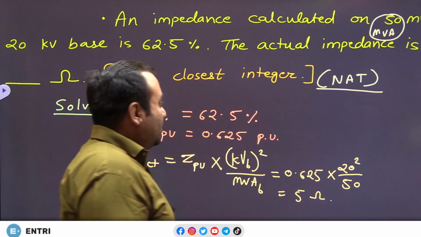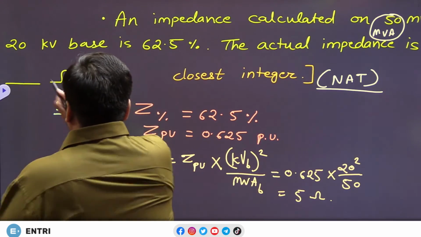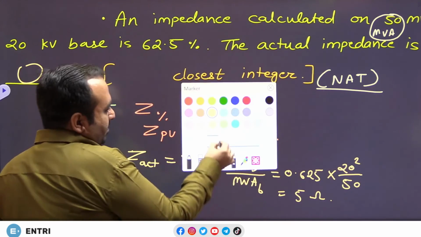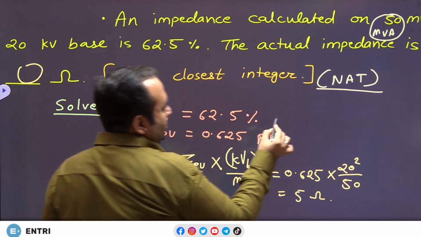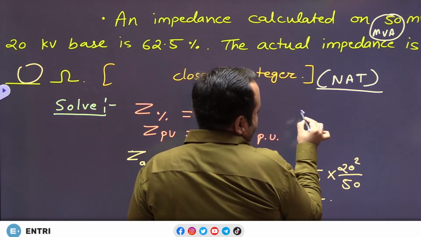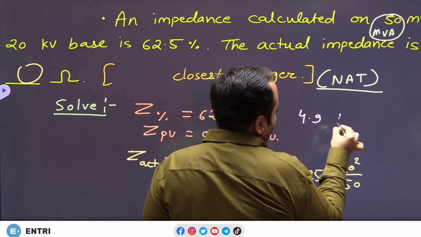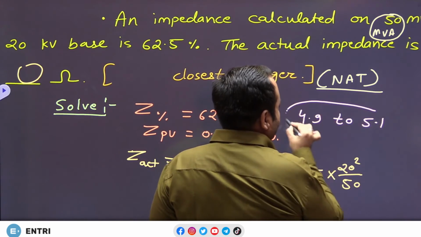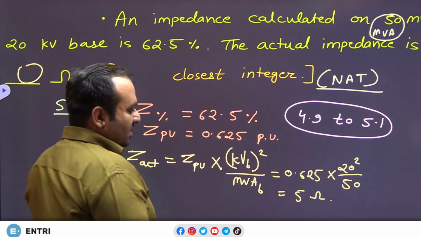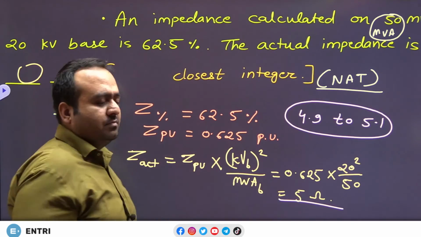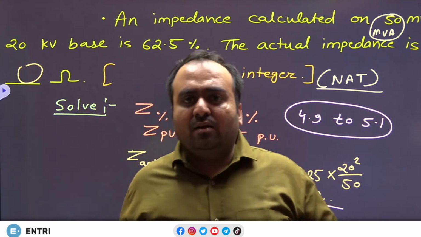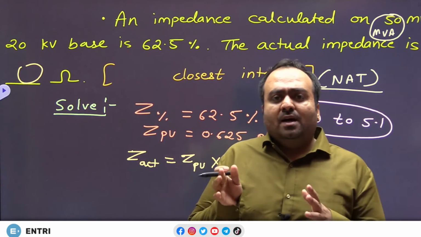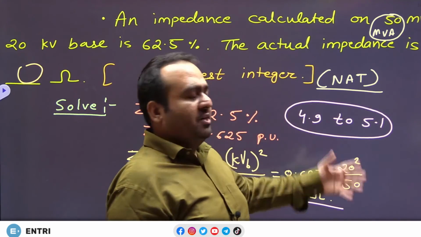So in such a question you might not have any tolerance, you have to enter 5 here only, or you might have, being on the safer side, a tolerance of say 4.9 to 5.1, because after all the answer is coming as a whole number, whether you do it with calculator or without calculator. But still, being on the safer side, the paper setter will give you a tolerance. So this much tolerance is sufficient for these questions.